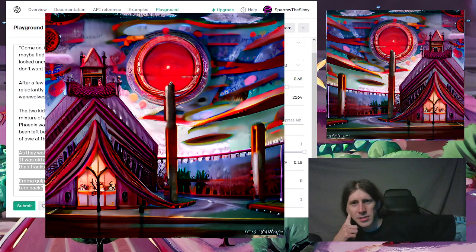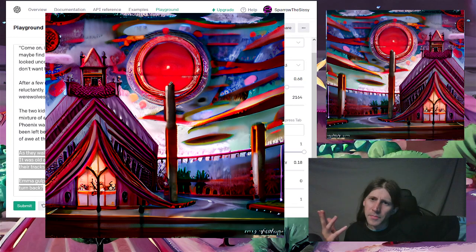wonderful creepy picture that has like this giant blood moon thing. I think what it did is it took the Ferris wheel that was in the background of the original picture and then kind of made it into a sun. But then I don't know. I dig this picture though. The more I look at it, the more I think that's awesome, even though it doesn't make perfect sense, but art doesn't have to make perfect sense. That's kind of what's cool about AI art, is it gets the vibes down pretty consistently, even if sometimes people have extra fingers and arms and floating disconnected arms and things that really don't fit as far as we normally judge art. But